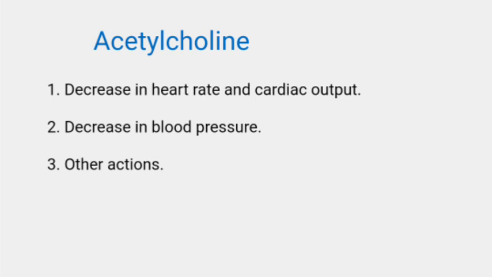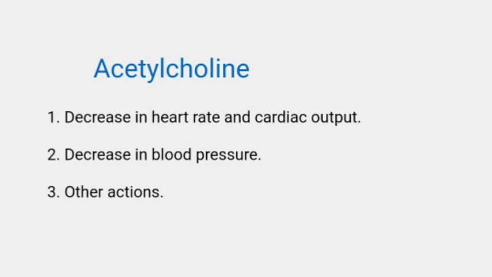Next, we have decrease in the blood pressure. Injection of acetylcholine causes vasodilation and lowering of blood pressure by an indirect mechanism of action. Acetylcholine activates M3 receptors found on the endothelial cell lining the smooth muscles of the blood vessels. This results in the production of nitric oxide from arginine. Nitric oxide then diffuses to vascular smooth muscle cells to stimulate protein kinase G production, leading to hyperpolarization and smooth muscle relaxation via